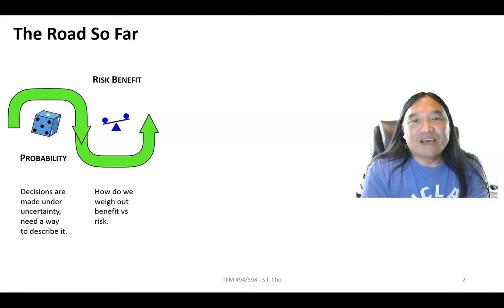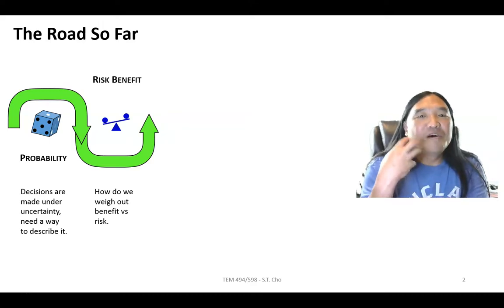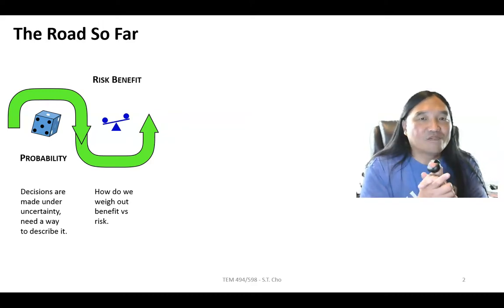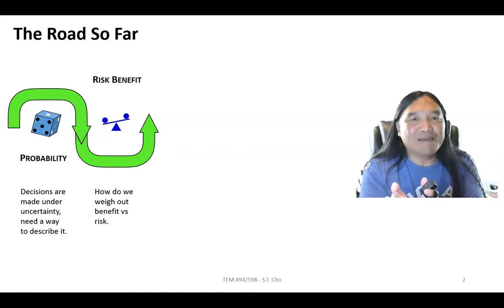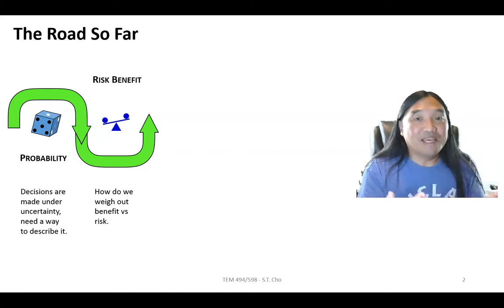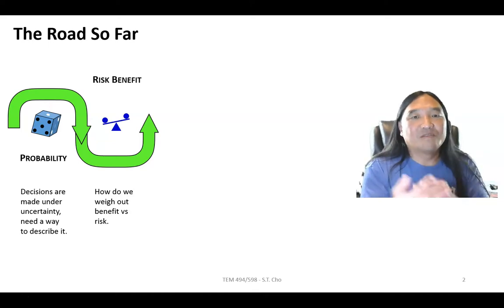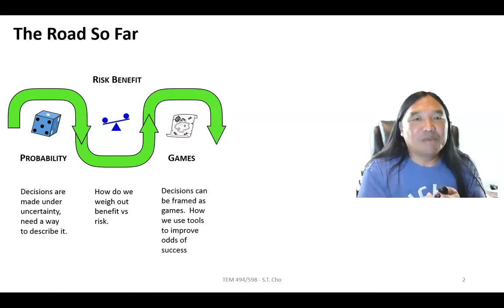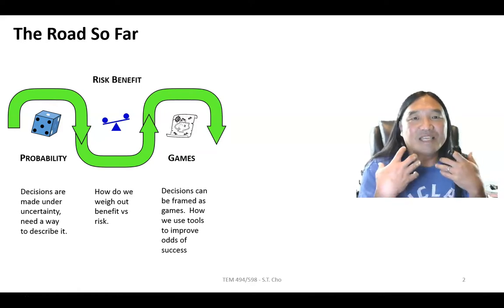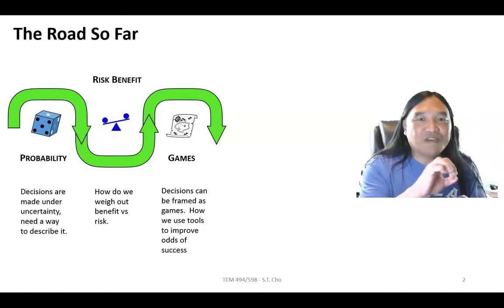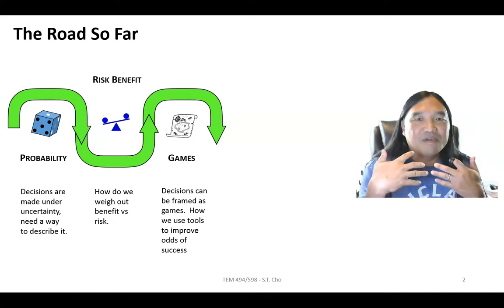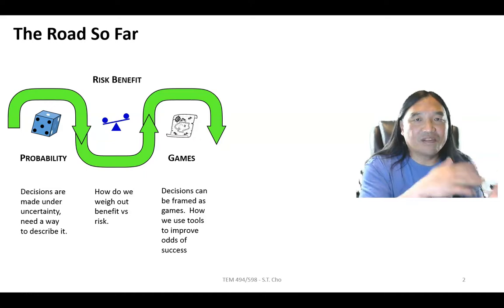Next, we talked about a big part of making decisions. The first part is, what's the likelihood that the course I'm picking is going to happen? But then what's going to be my payoff? And so that payoff is about risk-benefit. So we talked about how people do weigh benefits. The next part is games. Every part of a decision essentially comes down to a game. And there are specific kinds of games that exist that pretty much express themselves in business or in life or